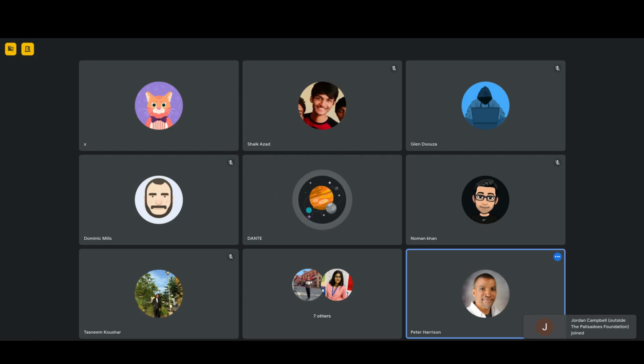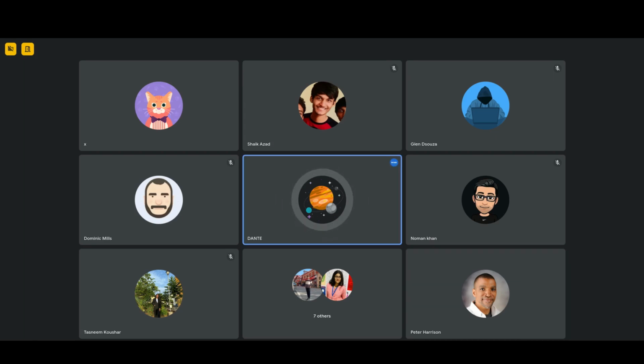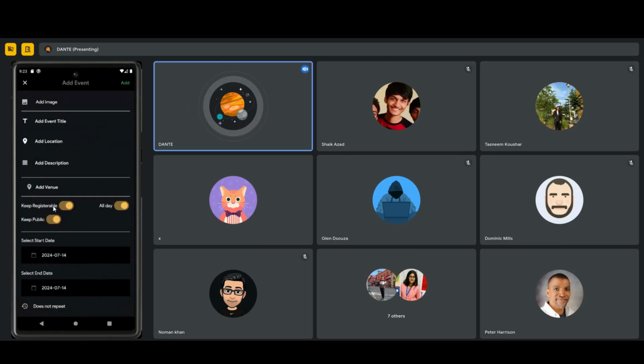So I've been working on enhancing the event plugin on the mobile side. The current feature I'm working on is implementing venue management and events. So let me present. This is not the exact idea of how it's finally going to be. Right now, I have added the add venue